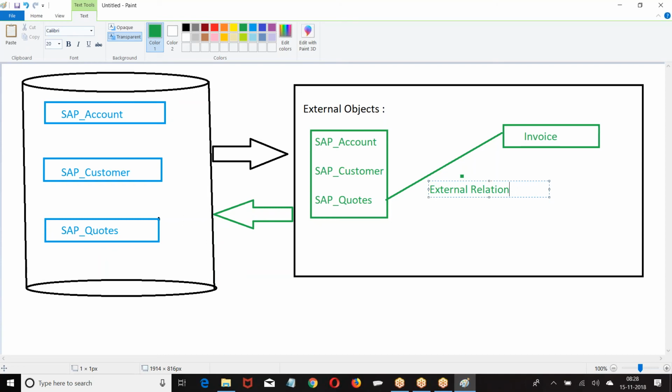We are only getting tables, not data. That is called external objects. External objects means objects of the external system to which you are connected. Objects will come. If you establish a relation between a Salesforce object and an external object, that is called an external relationship or external lookup.